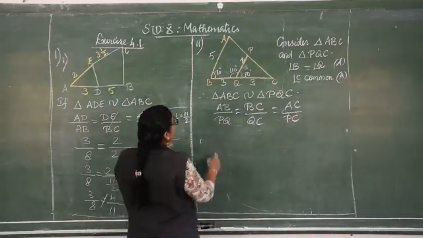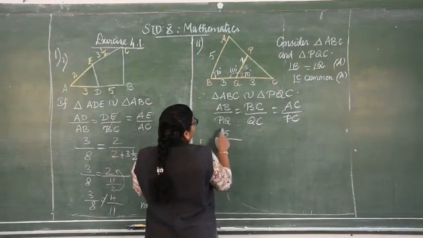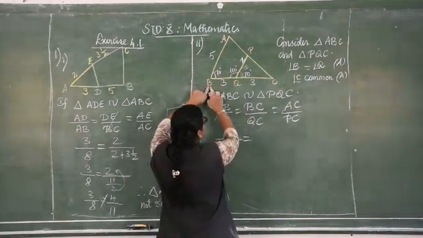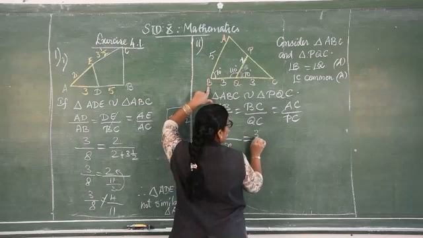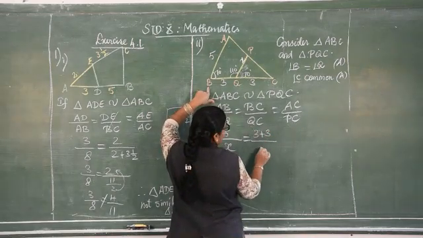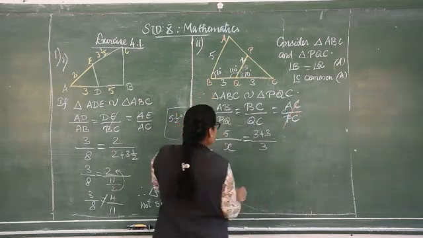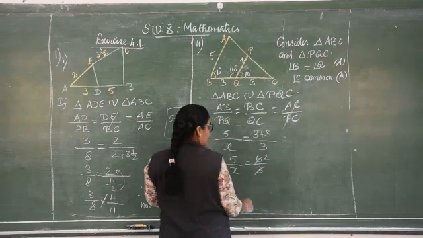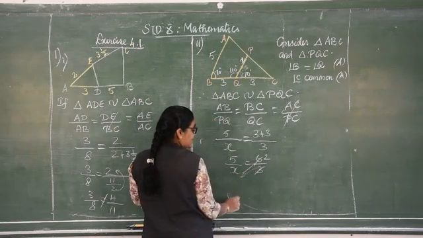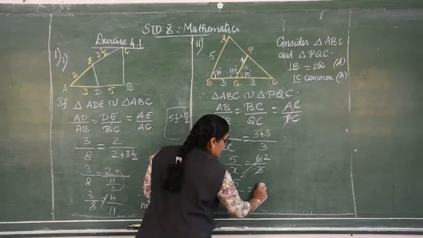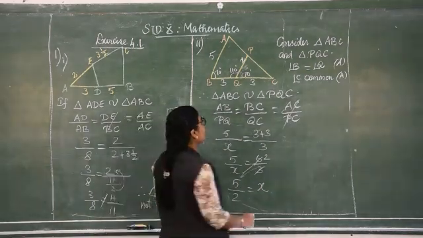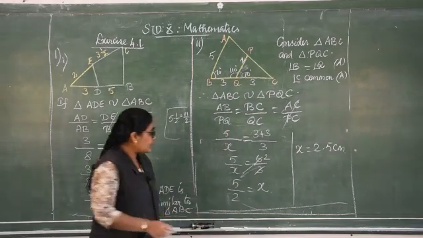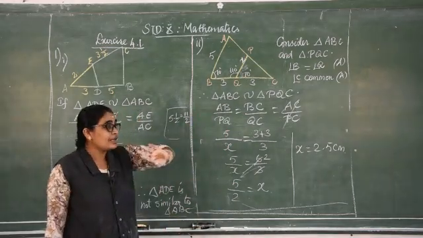We will apply. AB value is 5. PQ we don't know, that is x. And BC value, I have traveled from here to here, 3 plus 3. So I will be writing like this. QC is 3 now. And this we don't know. Now you will be writing 5 by x is equal to 6 by 3. Cancel 2. X you bring it that side, 2 you bring it this side. So 5 by 2 is equal to x. When you divide 5 by 2, you will be getting x is equal to 2.5 centimeter. So we got the value of x and we proved these two triangles are similar.